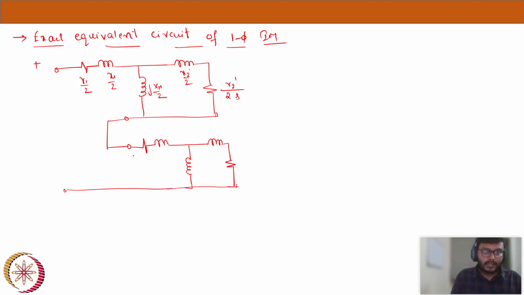Now the notations for these are R1 by 2 again, and this is X1 by 2. This is jXm by 2, and this is X2 dash by 2. But the important thing is here, this is not R2 dash by 2s. Since it is a backward field, the slip is 2 minus s, so R2 dash by 2 into (2 minus s). Now this is the combination of the whole circuit, the exact equivalent circuit